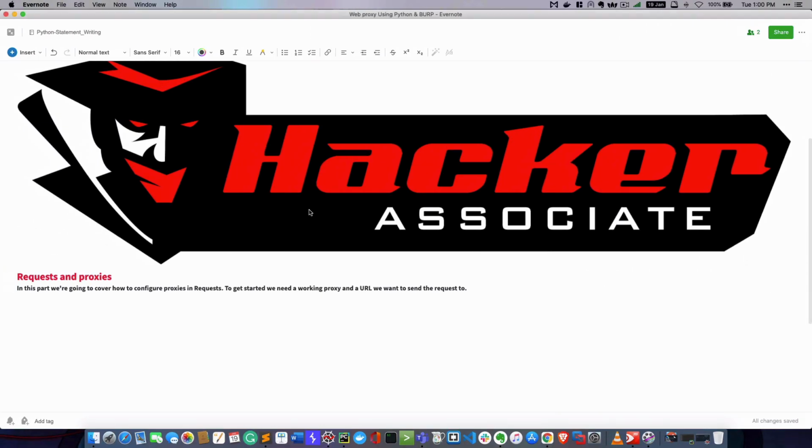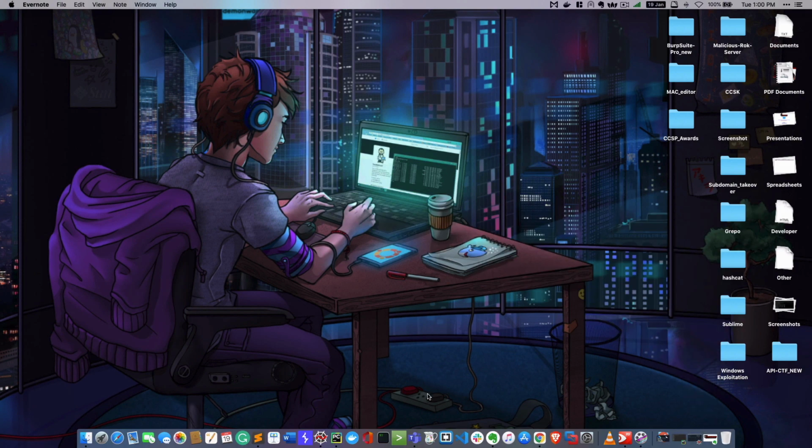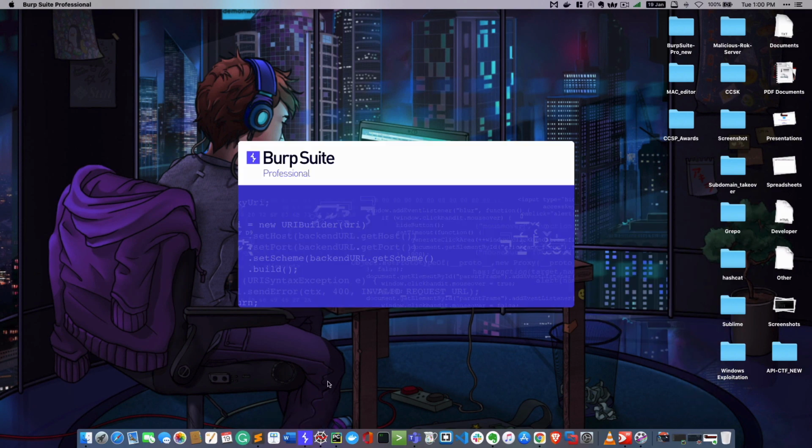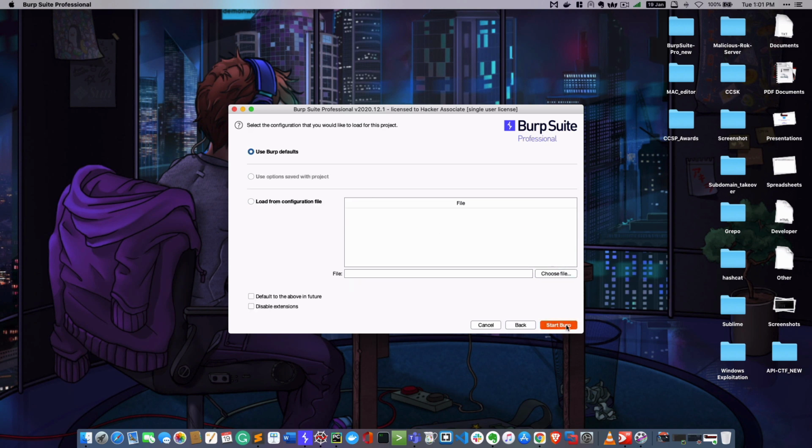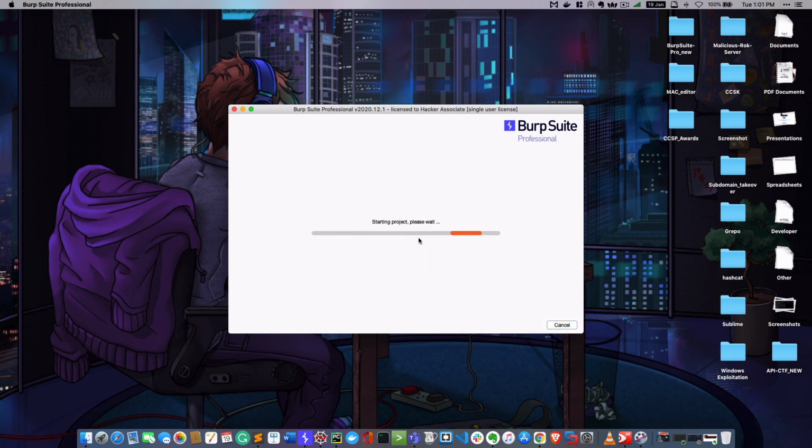Let's begin. So what we need to do first is go to Burp and configure the proxy. If you want to access any application using Python, then you can intercept the request using Burp. So when you write the code using Python and want to intercept the request using Burp, how do you integrate these things together? For that purpose, I have recorded this video and I will teach you how we can intercept that request inside this particular proxy.